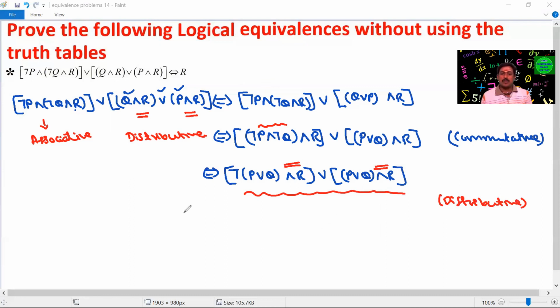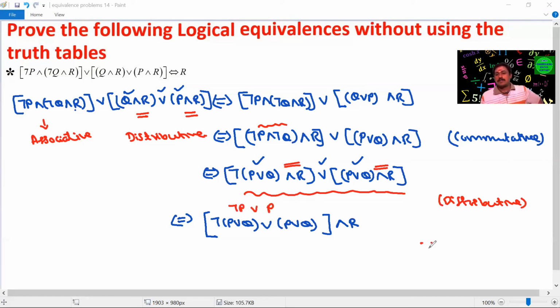Using the distributive law, and is common in both the terms, I have taken it out. The remaining terms I can write as not of (P or Q) or (P or Q). If you observe this term, it looks like not P or P, since negation law,